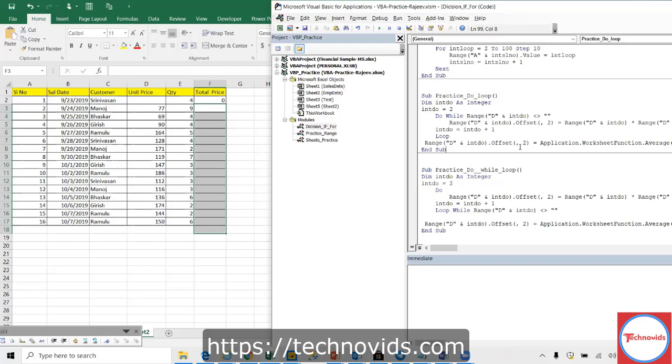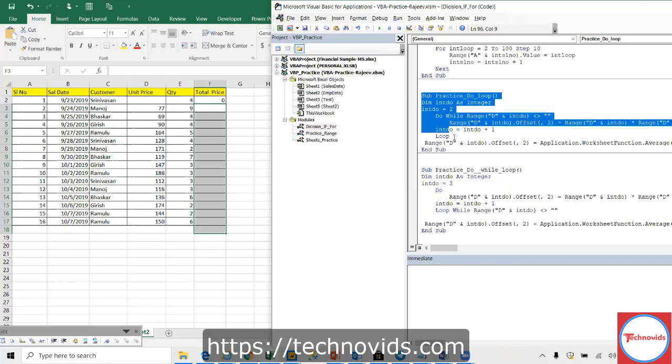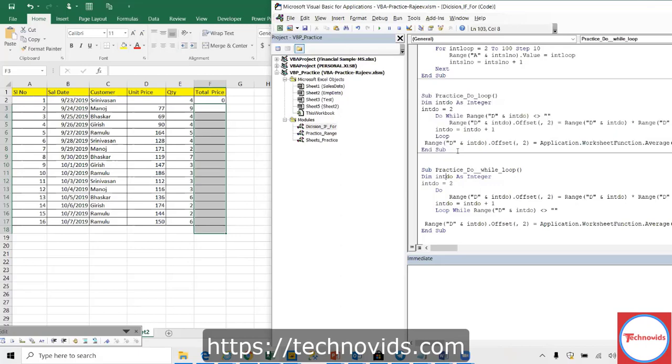Now there is one more variation again. So do until. Like do while is there, no? So like that, do until is also there.